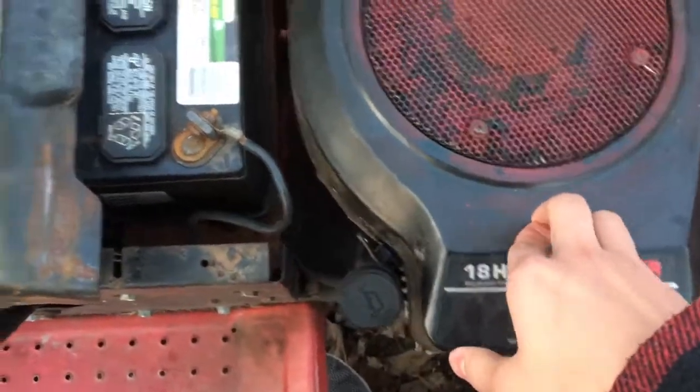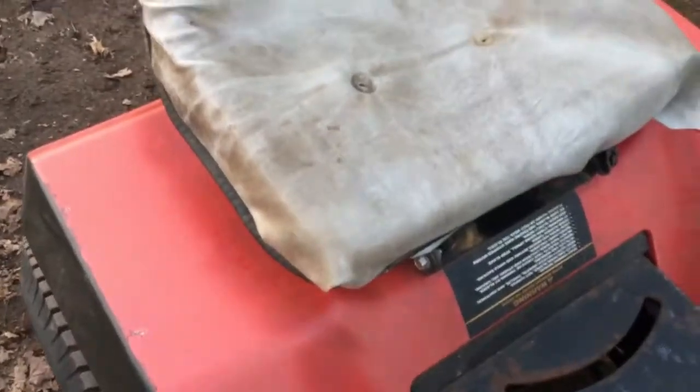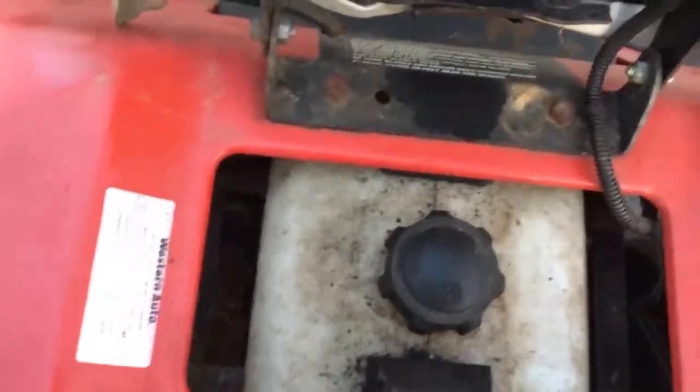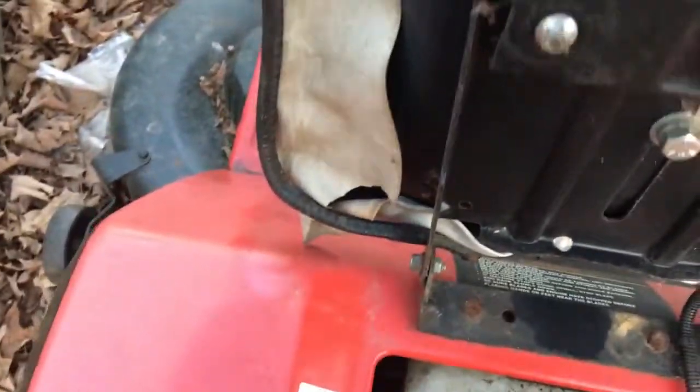The one before it's 14, and they moved the gas tank from the front to the back under the seat, which I really like. I much prefer it under the seat. I like it away from the engine. I think this is 2 gallons. I think it's bigger than what would be in the front, and